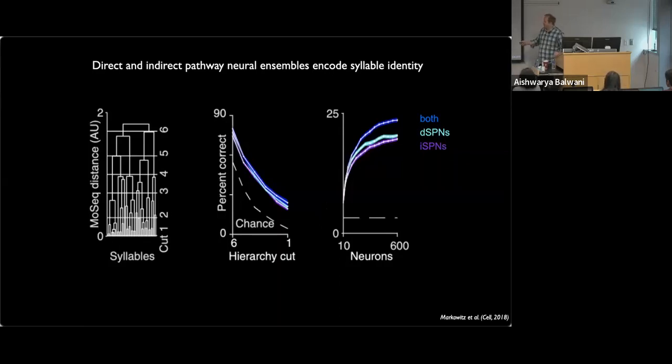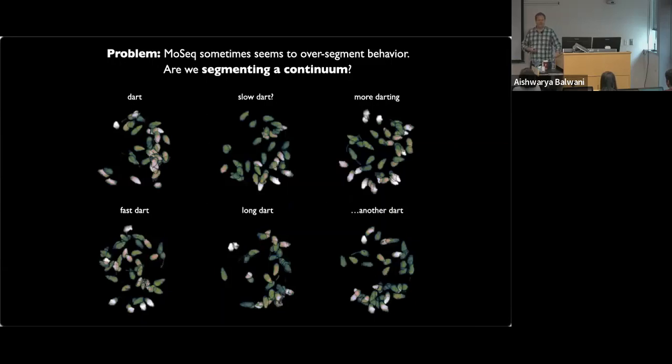As we go down this tree and we ask the model to make finer grain predictions about what behavior is being executed, prediction performance goes down, unsurprisingly, but it's still considerably above chance level of just random guessing based on the relative frequencies of these syllables. Now, this I think is an encouraging result, but it also led me to think a bit about some of the limitations of this approach. In particular, as we get down to the leaves of this tree, are these really meaningful distinctions of behavior? Sure, the model can predict above chance, but are these distinctions between syllable 1 and syllable 2 meaningful from this bigger picture perspective?